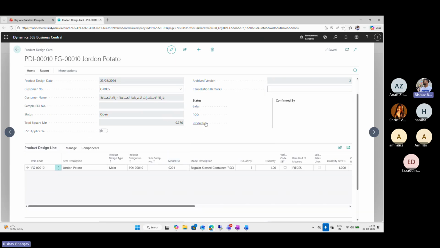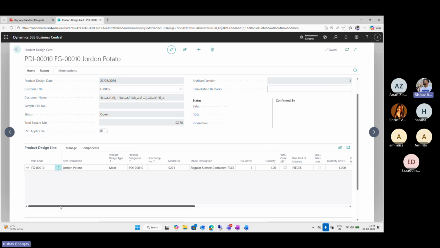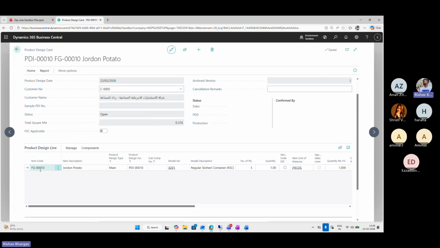So before going to this, we should know about the line field also. So item code, what will be the item code? You can select it from this drill down option, whether it is 1865. So I've selected number 10. The description will automatically be generated. Production designing type, what will be the type? Production designing number,